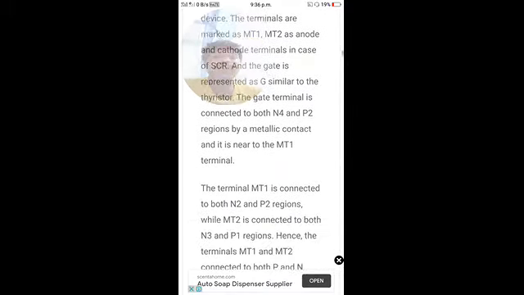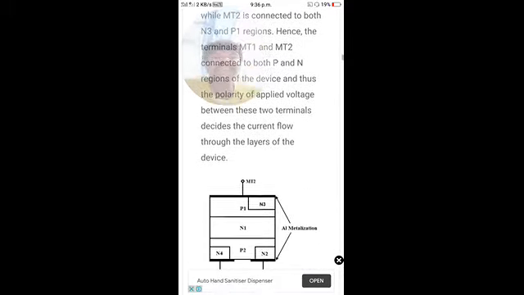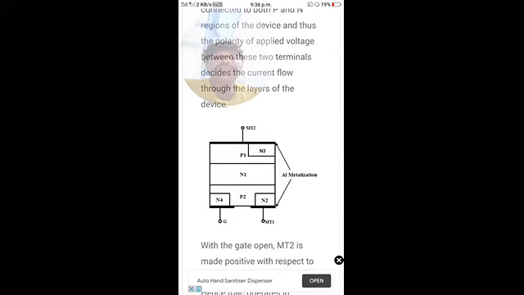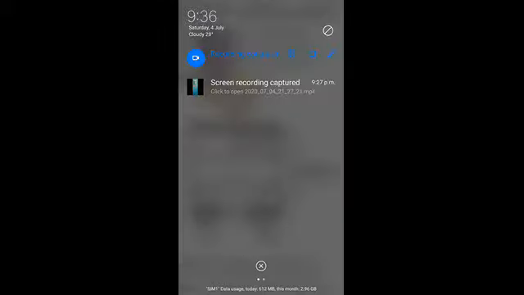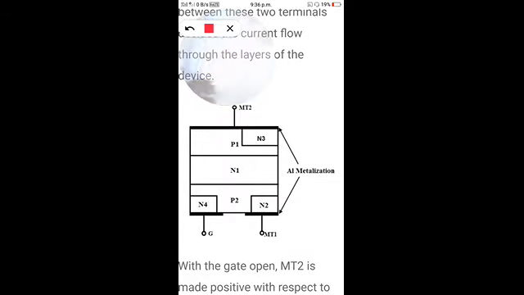are connected to the layers such that MT1 is connected to the terminal MT construction. In the construction, MT1 is connected to the layers N2 and P2. So this is the connection of MT1. It is connected to layer P2 and N2, and the terminal MT2 is